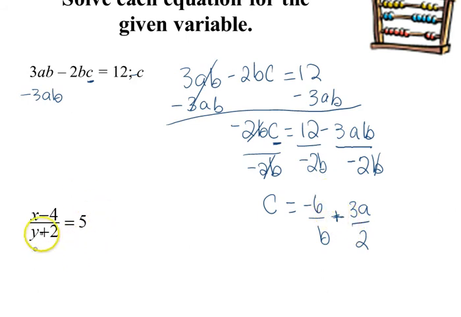Okay, so over here on this one, I forgot what we were solving for here. Okay, yeah, we were solving for x in this case. So this is x minus 4 divided by y plus 2. So we want to go ahead and get rid of the division first by multiplying by y plus 2, and multiply by y plus 2. And these will cancel each other out. And we have x minus 4